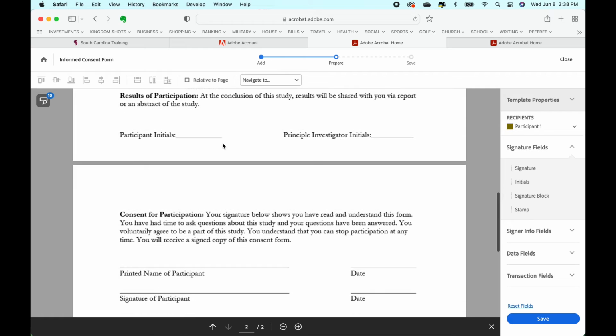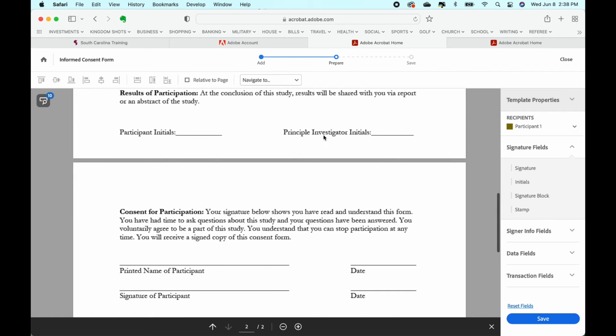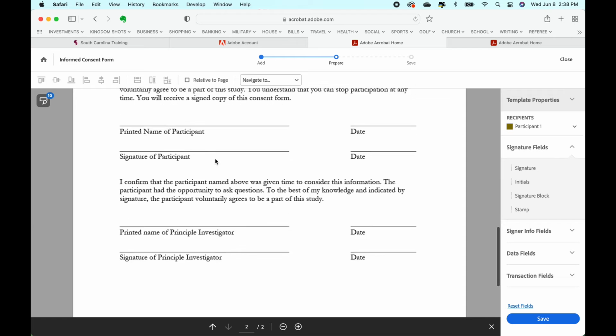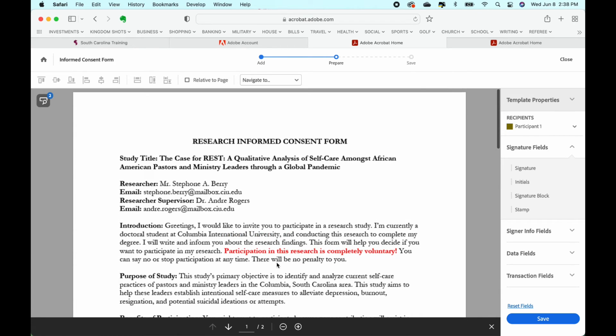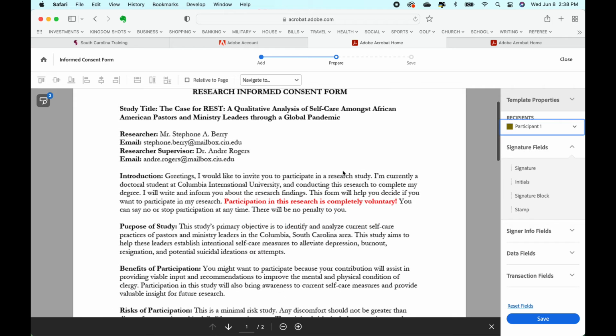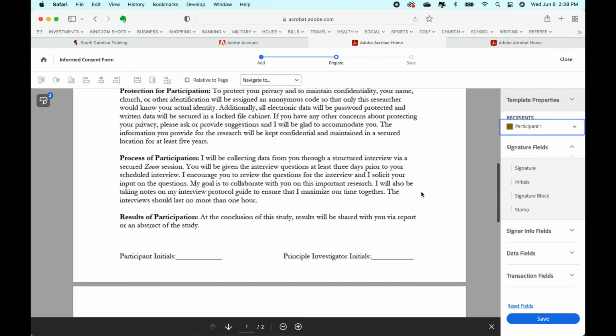I had a place where the participants put their initials and where I placed my initials, where the participant signed and dated and where I signed and dated, along with another initial area down at the bottom. Okay, once this document is uploaded, you see over here to the right, it says recipients, participant 1, and if you click here, it'll have participant 2, right? So participant 1 is whoever you're going to be sending this out to, right? So you always make sure that that's on participant 1,